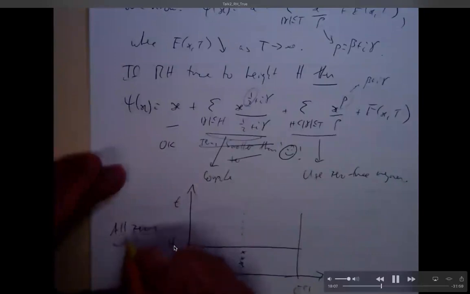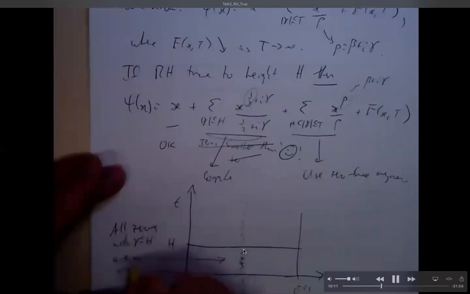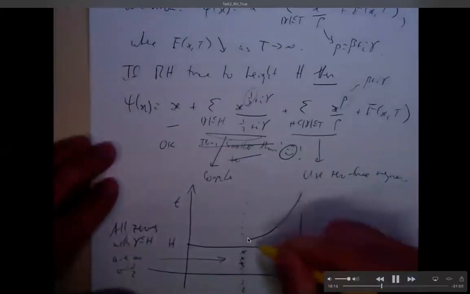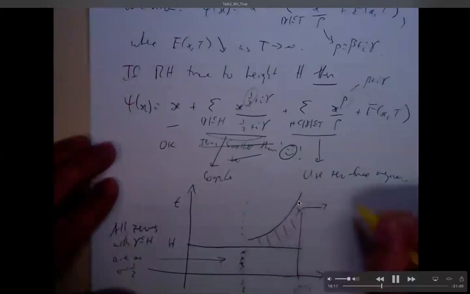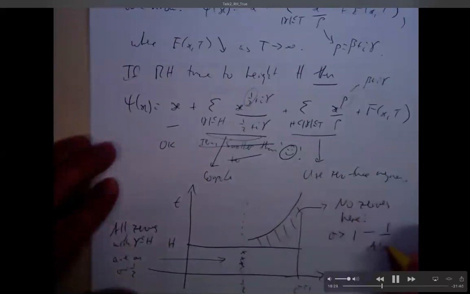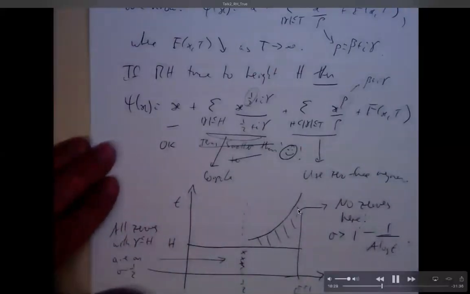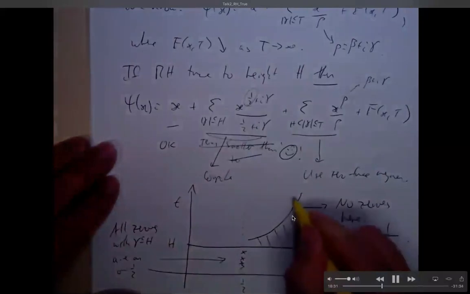So we know the Riemann hypothesis up to height h. So all the zeros that you see are on the critical line. Okay, and now what happens after h? Well, they could be anywhere. Well, they can't quite be anywhere. We have results here called zero-free regions, saying there can be no zeros under here. Some of them could get very close to sigma equals 1, but they can't all get there too quickly. So we have a region here, which is kind of interesting. It's a topic for a different talk, but we have a region here where you can't have zeros.